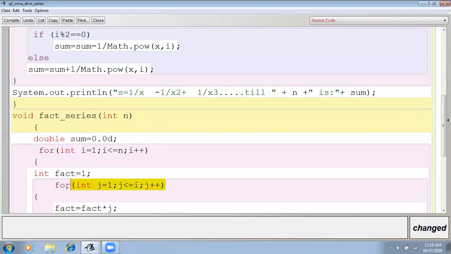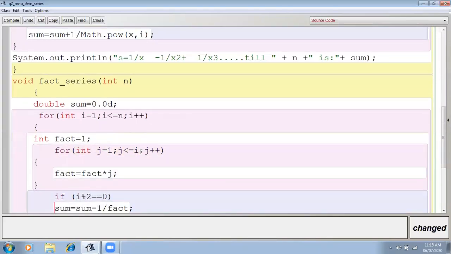See, in that second loop I am calculating the factorial till i, not till n, because every time this i is going to change. If it is the first iteration, then the factorial of 1 will be calculated. If it is the second iteration, then the factorial of 2. If it is 3, then 3 factorial. If it is 4, then 4 factorial. Understood?